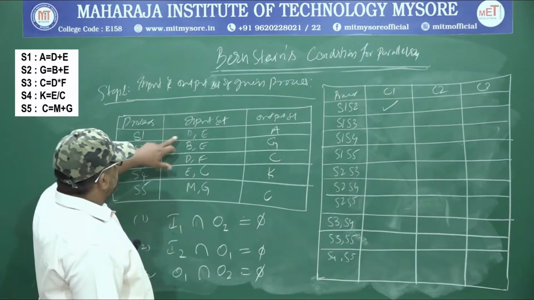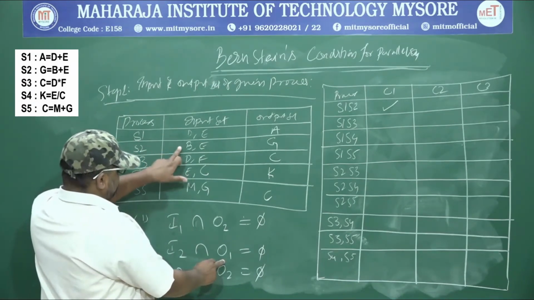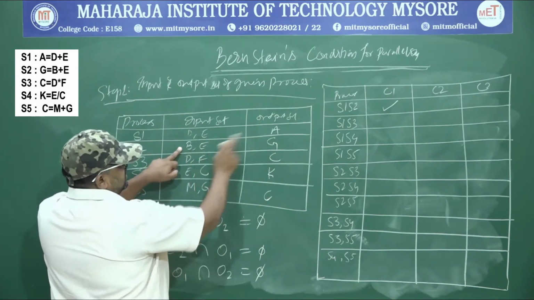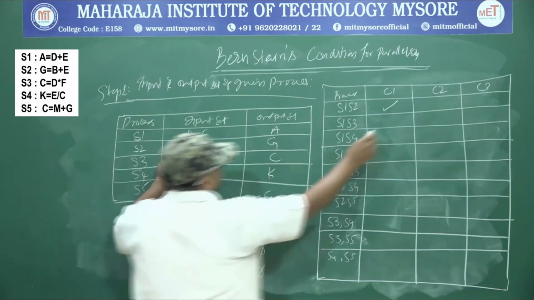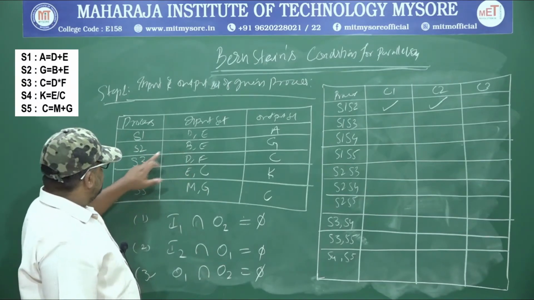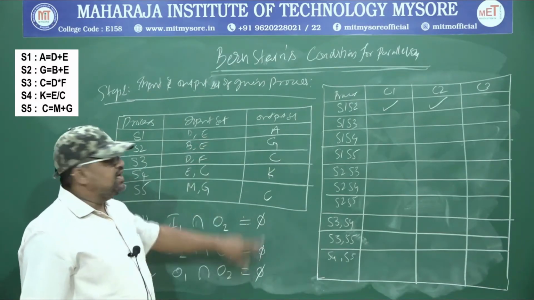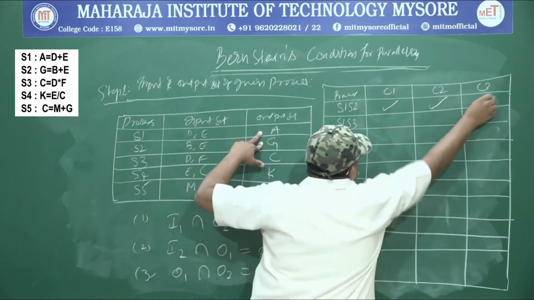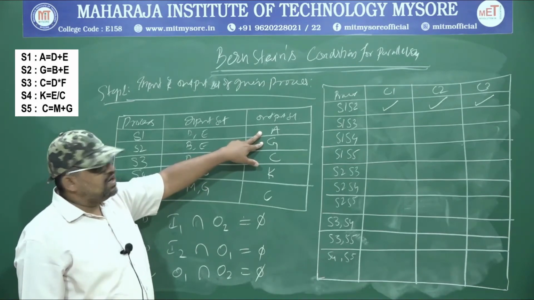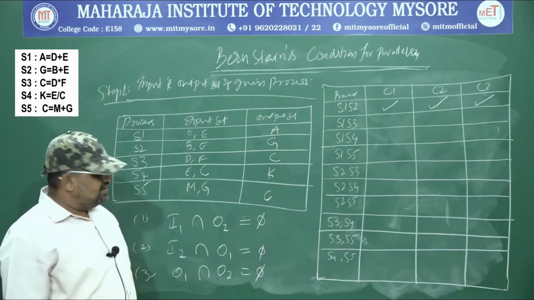Right? Similarly, between S1 and S2, what is this? I2 and O1. What is I2? I2 is B and E and the output is A. B and E and A. Are they null? Is there anything common? Nothing is common here. So this condition 2 is verified. What is condition 3? Condition 3 is the output of S1 and S2, the intersection is null, because this is A and G, so this condition is satisfied. Now if all the three conditions are satisfied, what can you conclude? I can simply conclude that S1 and S2 can be executed in parallel, right?